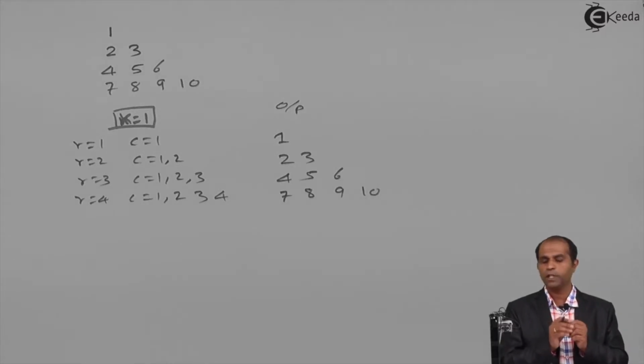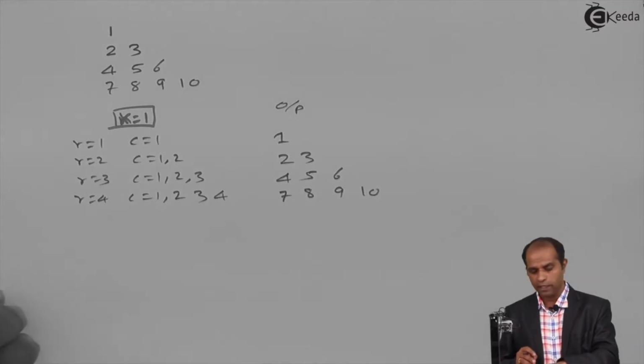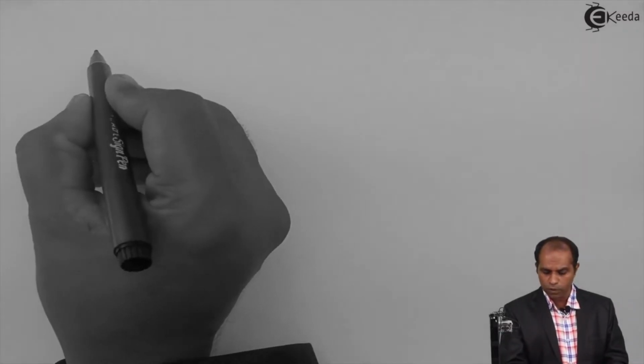Let's try this particular program. Well, this time I will not be writing the entire code. The entire code remains the same. I will say it verbally. I will include the header files first, and then as usual I will ask how many rows, and then I will read that particular value into n and perform this particular operation. So I will write only the loops at this particular place.